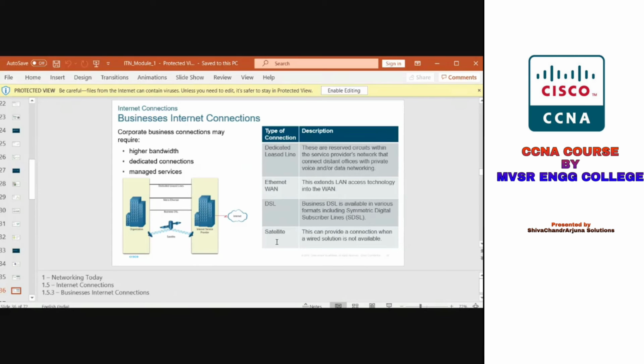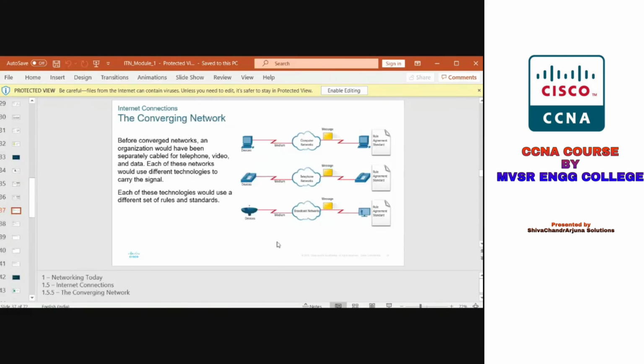What is a converged network? Before converged networks, an organization would have separately cabled networks for telephone, video, and data. Each of these networks would use different technologies to carry the signal, and each of these technologies would use a different set of rules and standards. It may be the OSI model or the TCP model.